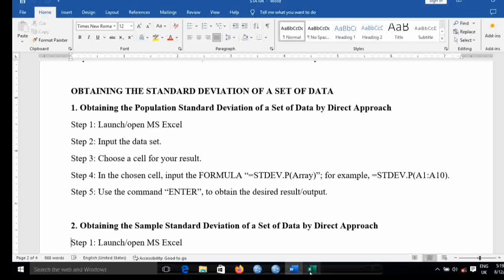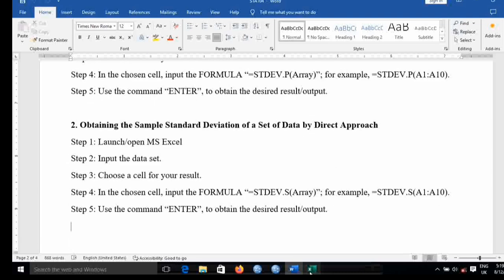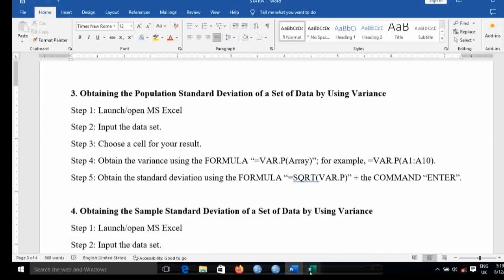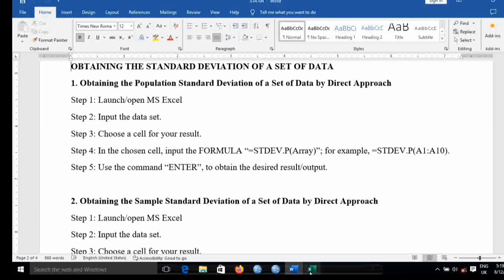The next routine is to obtain the standard deviation of a set of data. Now you will notice that in my steps here, I have put steps 1 to 5 under 1, steps 1 to 5 under 2, steps 1 to 5 under 3, and steps 1 to 5 under 4. Let's go over what is actually going on here. Now please take note, guys, standard deviation is equal to the square root of your variance. So let's say you have a variance obtained already for the population. If you want to get the corresponding standard deviation, all you have to do is to take the square root